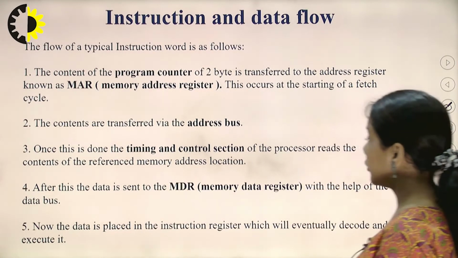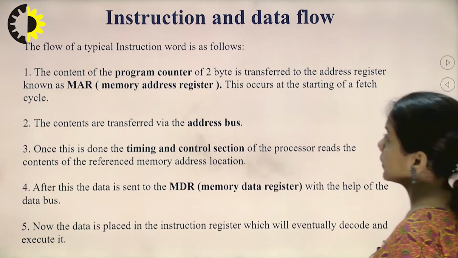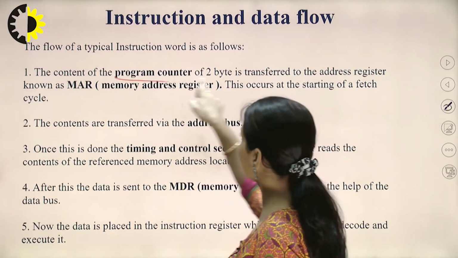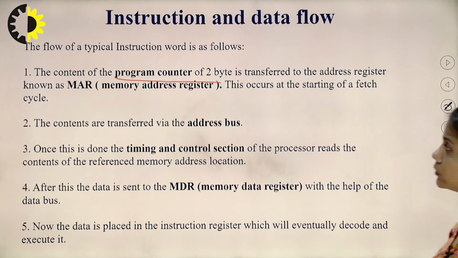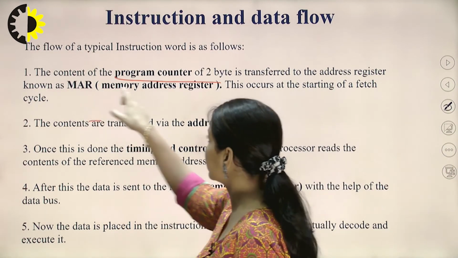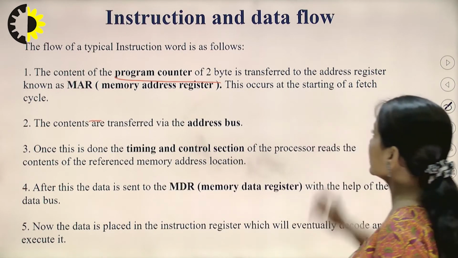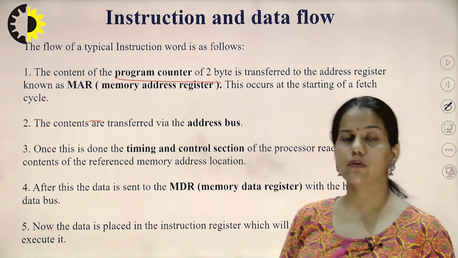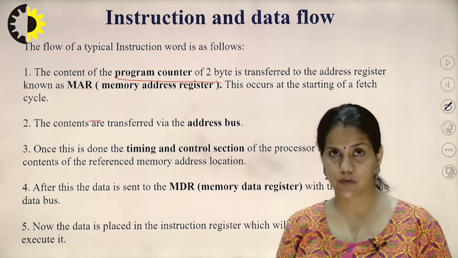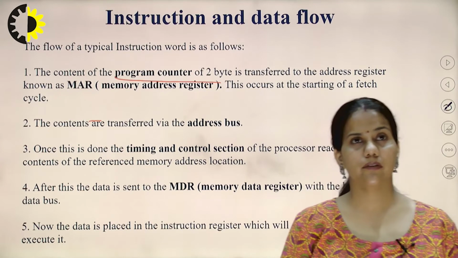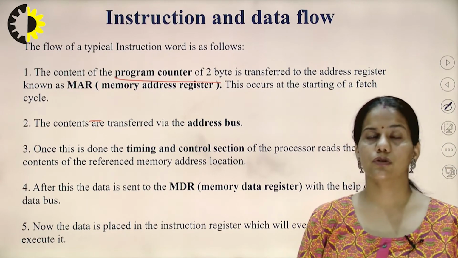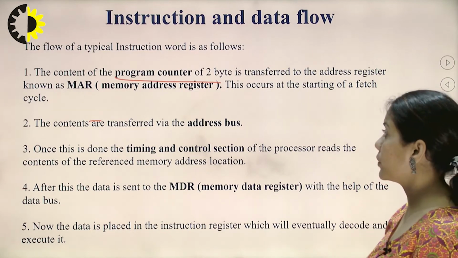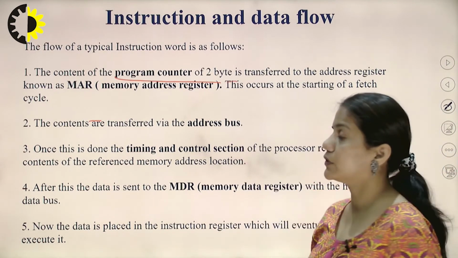Now when we talk about the instruction and the data flow, the content of the program counter of 2 bytes is transferred to the address register known as the memory address register. This occurs at the starting of a fetch cycle. So whenever there is any instruction which is to be executed, we know that the fetch cycle is the first one to be done. So during this cycle, the program counter of 2 bytes is transferred to the memory address